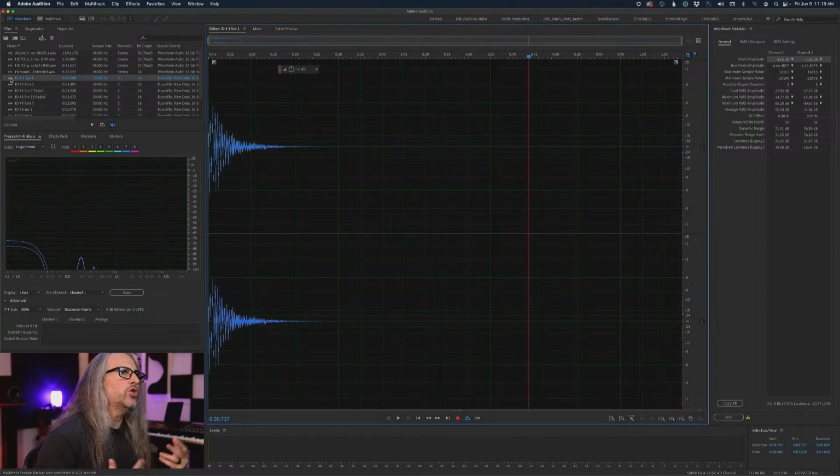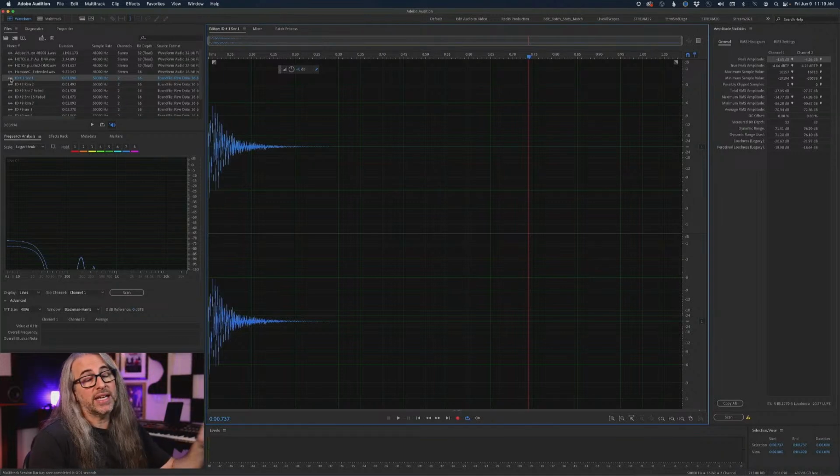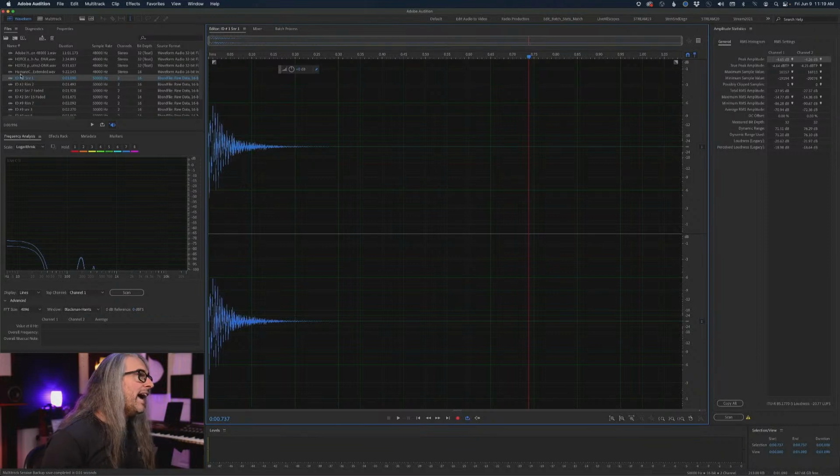Let's say you have a bunch of files and all of your dialogue is at about -15 and it's all ADR, and you want to give everything a little bit of ambience or EQ or something, and normalize it to a specific level, and you want to do this for all of those files. You can do that really easily and very quickly here by creating a script. So to showcase that, I have a whole bunch of snare files.